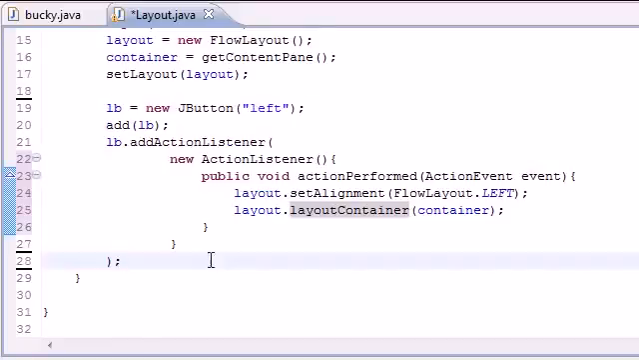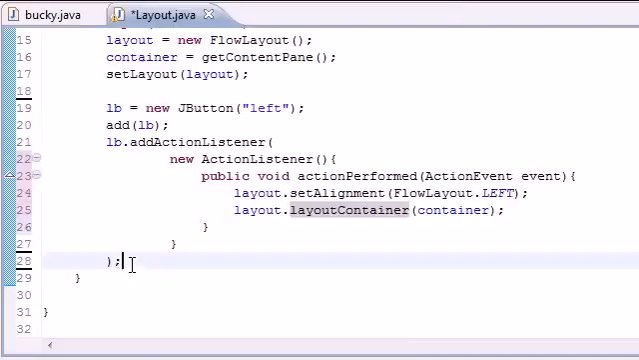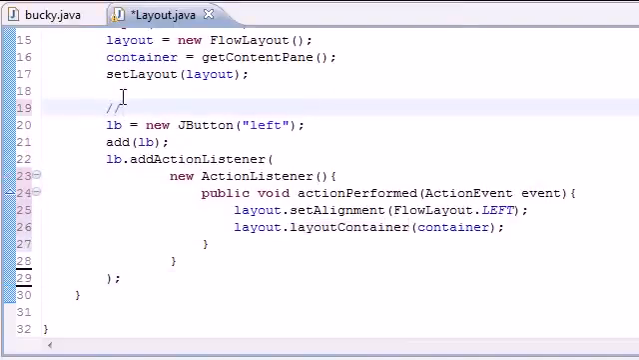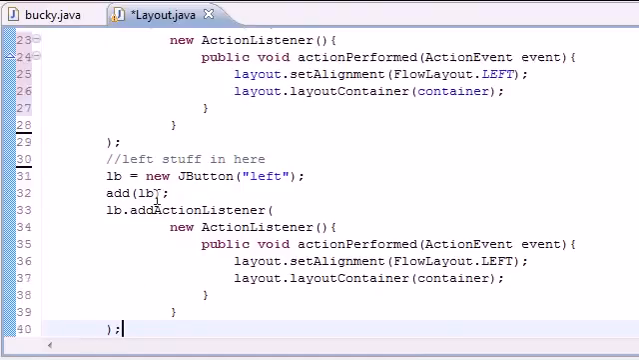So now we did this for the left. Now we can just go ahead and do this 2 more times and make it real easy to copy it. So I'm actually going to add a comment so I don't get confused. Just put left stuff in here. So now let's go ahead and copy everything including that comment and